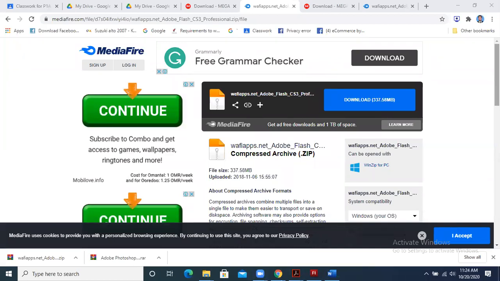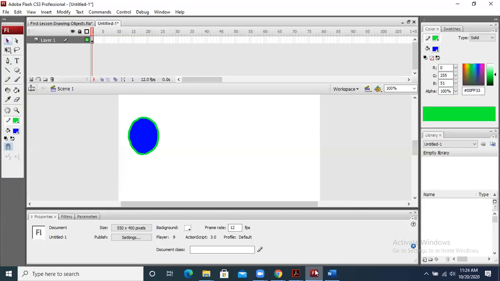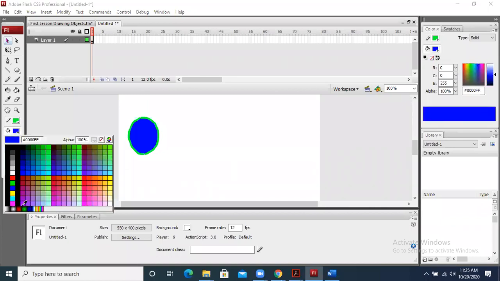Yes, Hiba, do you want to ask something? Sir, I have two questions. First, for the shape which you have drawn, how do I write inside the shape? Right now, I haven't discussed this thing, so I will not, because it will be more complex for you. Right now, just practice. Inshallah, we will see. This is not a big deal. And the second one is that the shape which you have drawn with lines has no color. So how do I color that shape? See this fill color, the bucket. Whatever color you select, first